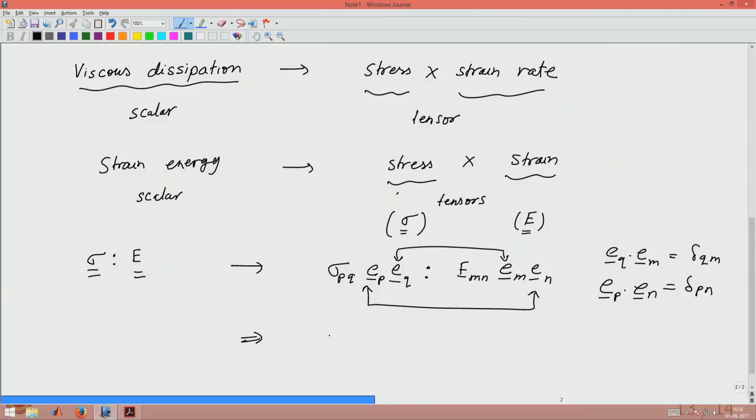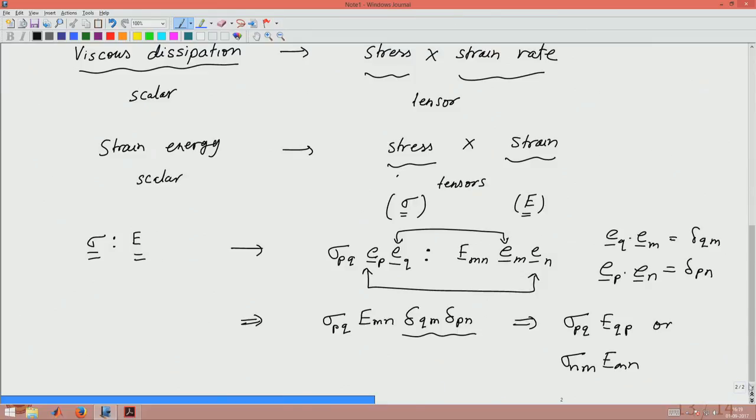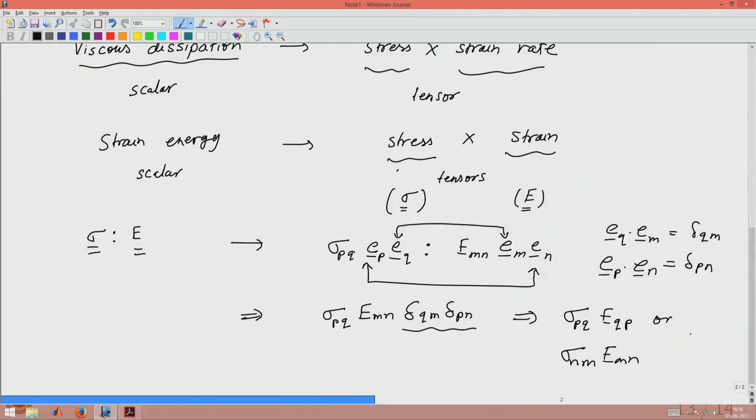So, therefore, we can write this result as sigma p q E m n delta q m and delta p n. And clearly, because of these Kronecker deltas, q and m have to have the same value, and similarly p and n have to have the same value. Therefore, this can be written as sigma p q E q p. Alternately, we could also write this as sigma n m into E m n. And so, you can see that this is a scalar quantity, and both n and m are repeated, or p and q are repeated. So, this is a sum, and just to write it out to make ourselves familiar, since both p and q or m and n vary from 1 to 3,